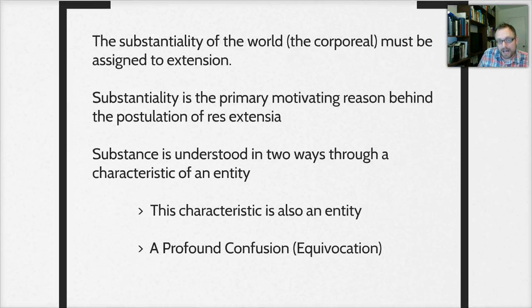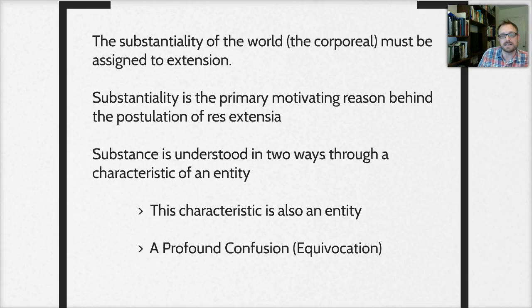Now, the substantiality of the world, that which is corporeal, has to be assigned to extension. So substantiality is the primary motivating reason behind the postulation of res extensa, right? Ultimately, we have to have these substances, and this need for substantiality is what's undergirding Descartes' argument regarding extension. So substance is really what's at the core here, and substance is understood in two ways through